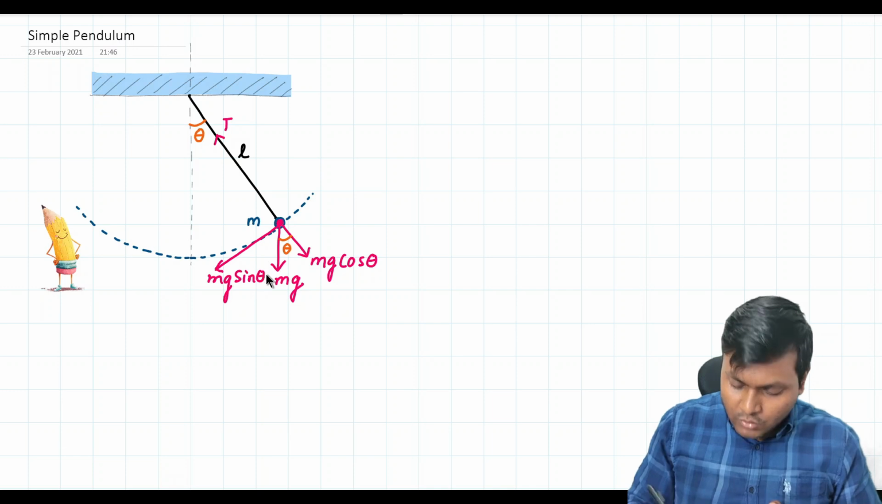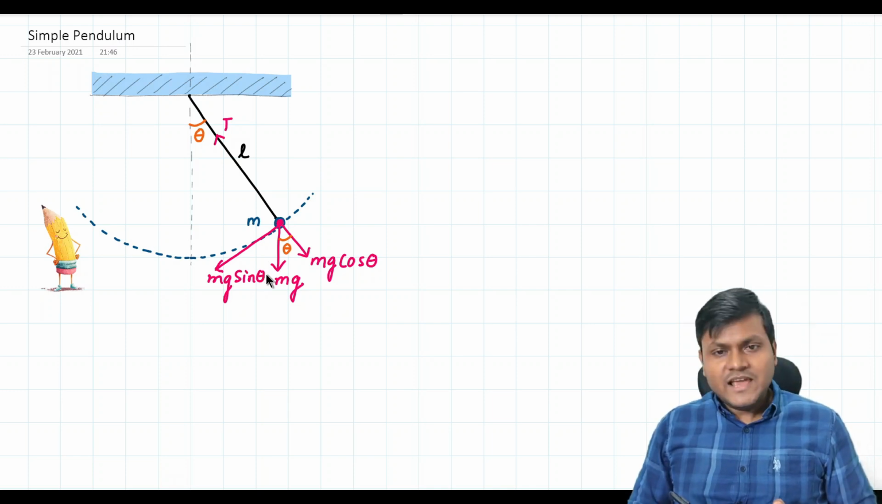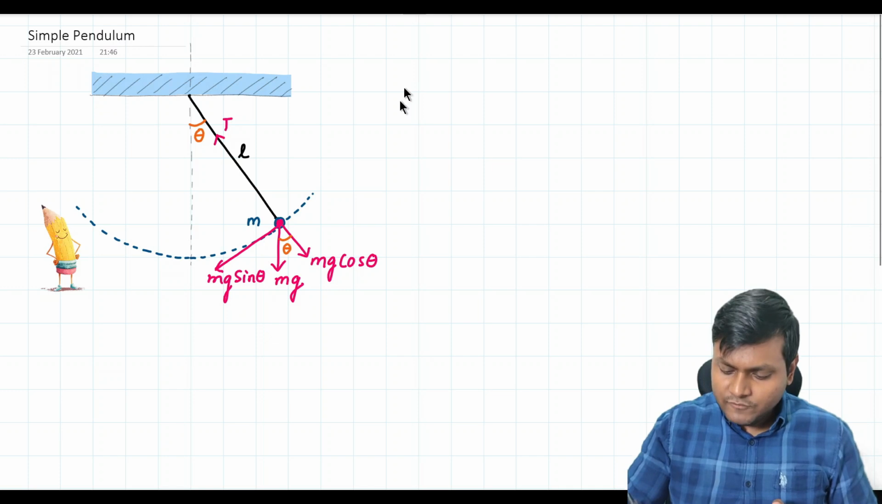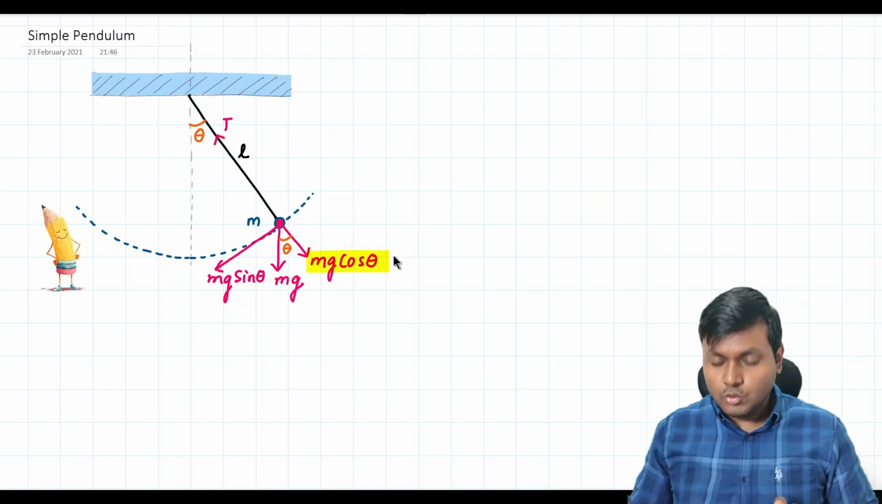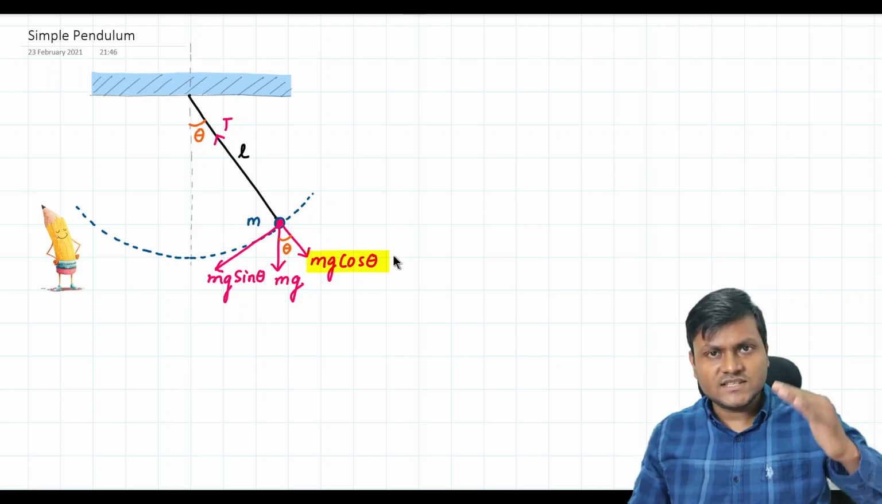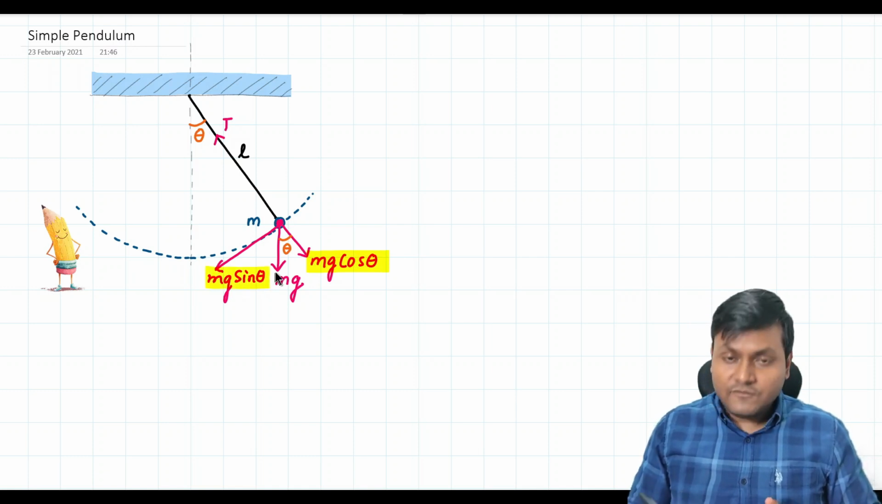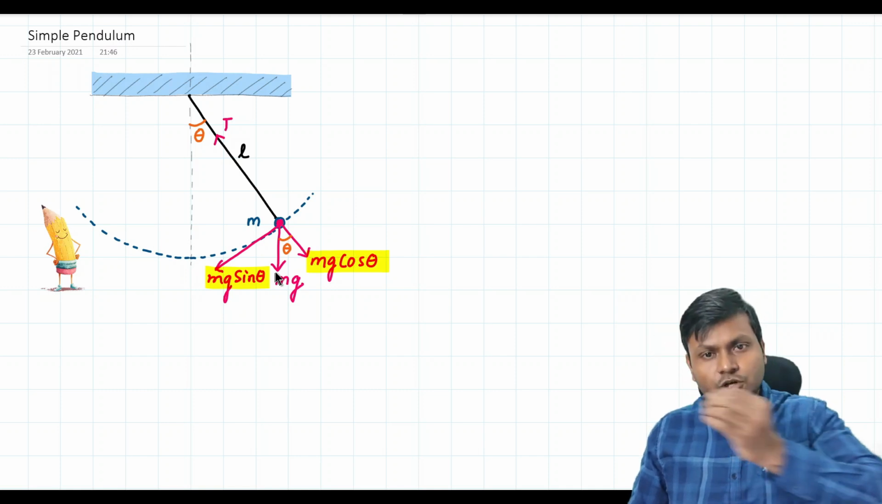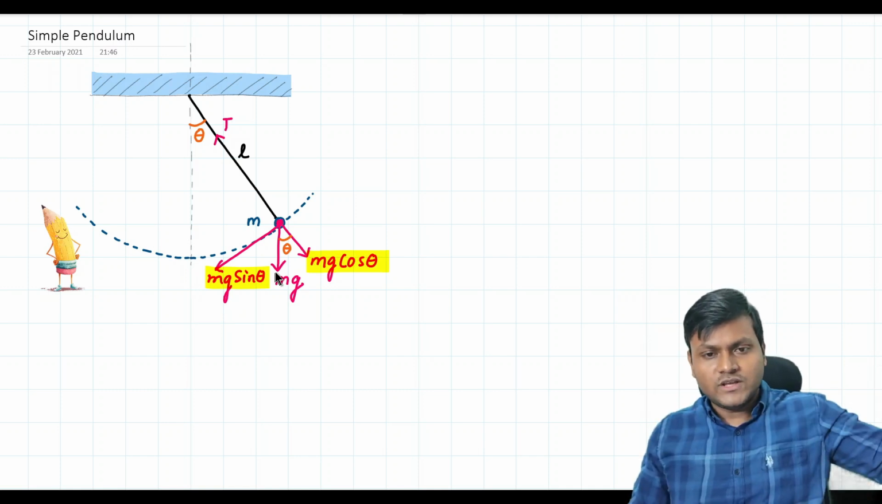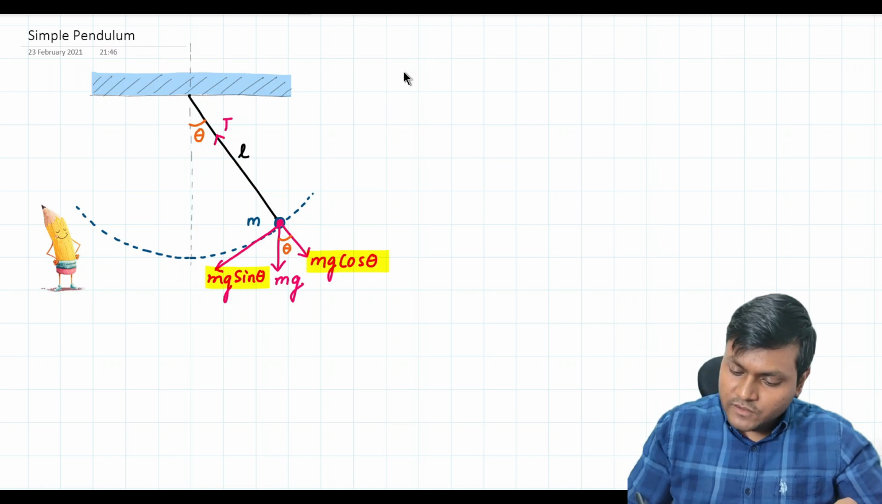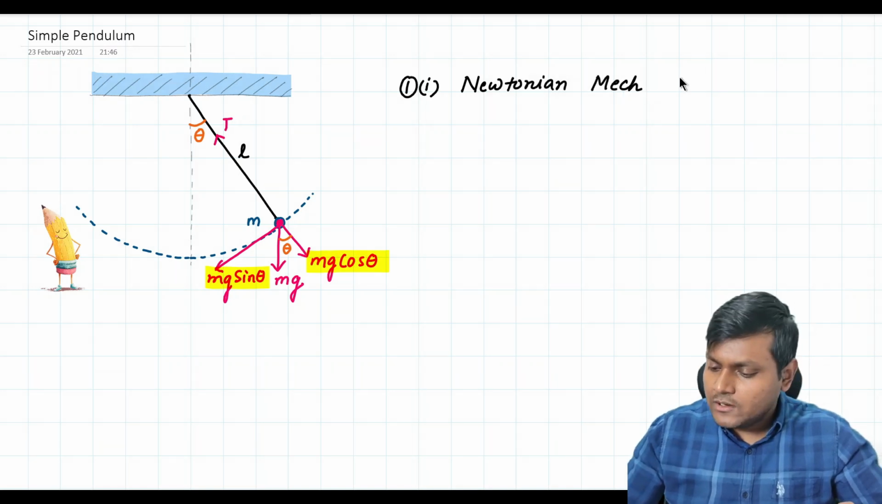Now, it is clear from the diagram that the radial force is not contributing towards the motion because the radial distance is a constant of time. It is only the tangential force component that is responsible for the to and fro motion along the arc of a circle. So let's first obtain the equation of motion from the Newtonian perspective by applying Newton's second law